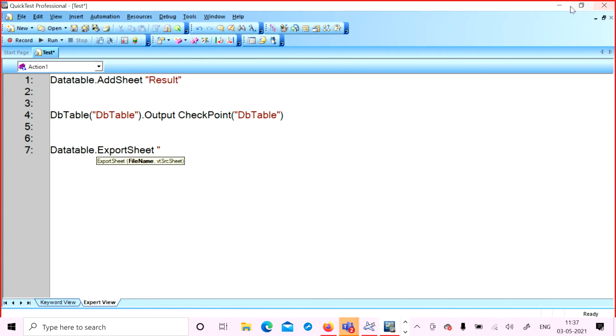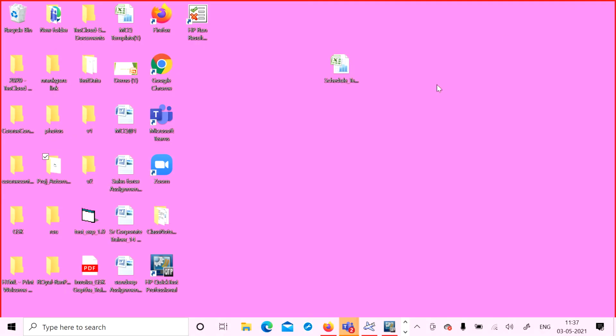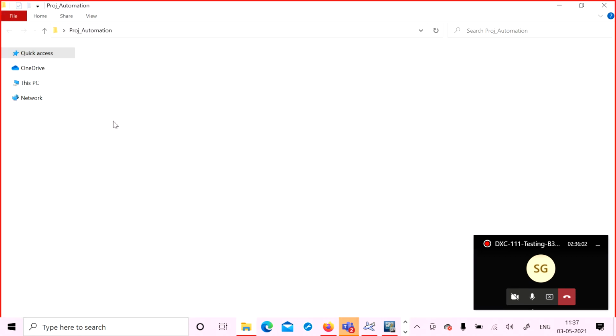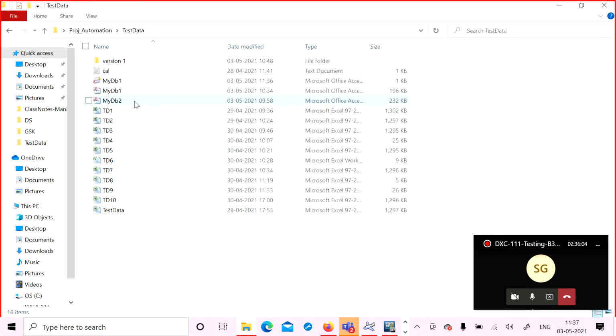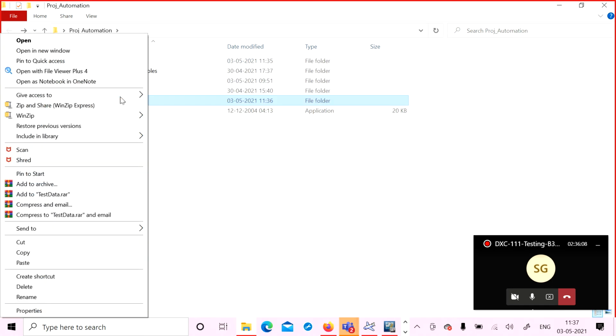Where we are going to export? I am going to export under the project underscore automation, under the test data. Specify the path of the folder.